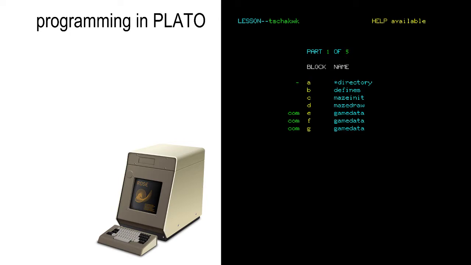Now, if we go ahead, for example, we will make a new block entirely from scratch here. Let's assume that over here in part 2, I want to make just a testing block or a scratch block that I can mess around with. No problem, all I have to do is hit Shift and the letter close to where I want to insert the part. I want to insert this after C, so I will go ahead and press